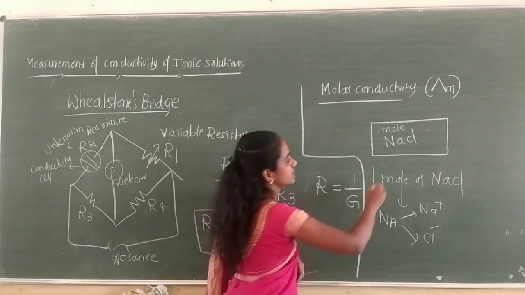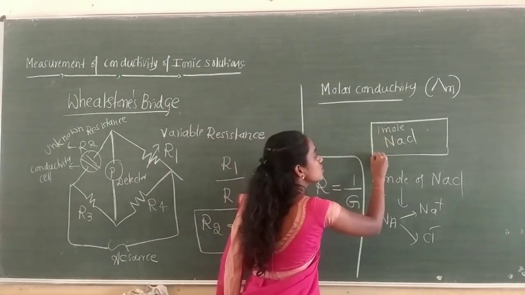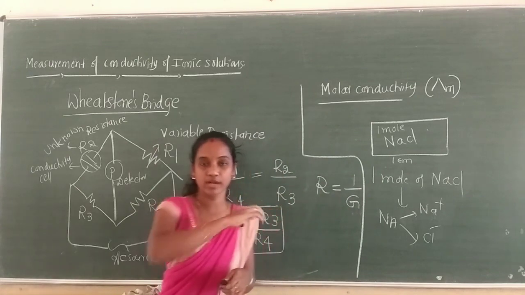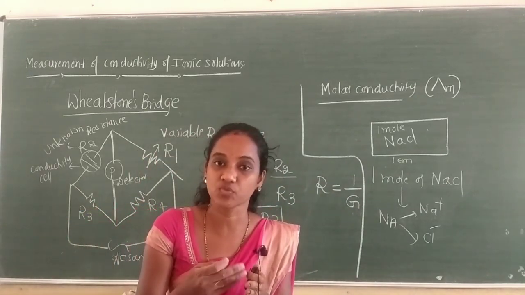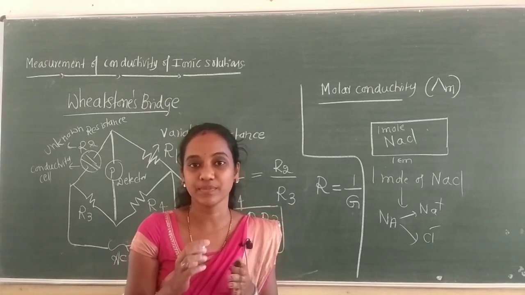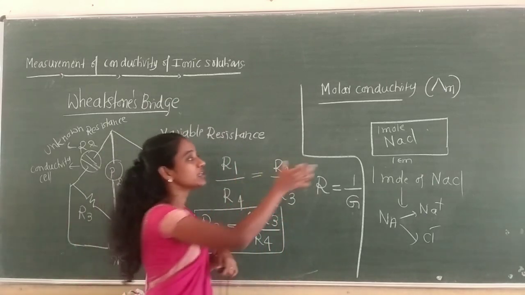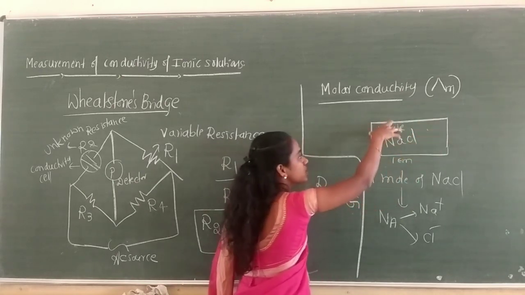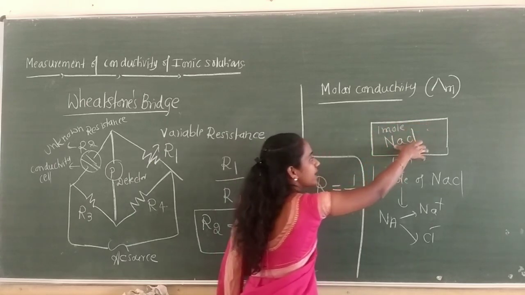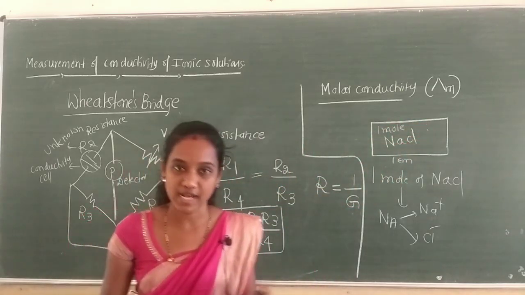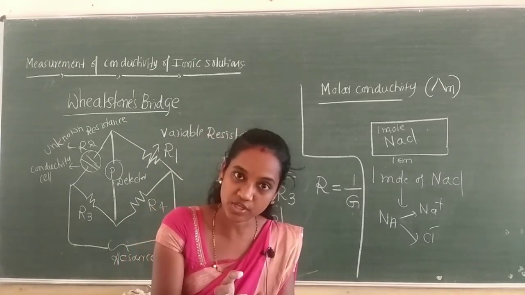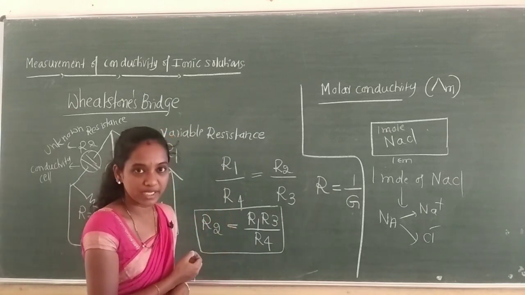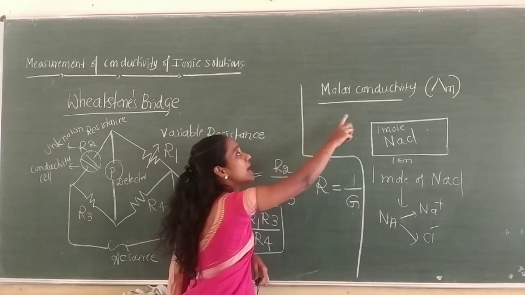For conductivity, the length of the solution will be 1 meter and the area 1 meter square, or the length of the solution is 1 centimeter and the area is 1 centimeter square. We have to consider unit volume. In that case, it is the number of ions present which are responsible for carrying the current. In other words, conductivity is the conductance of a solution when it is 1 meter long and the area of cross section is 1 meter square.